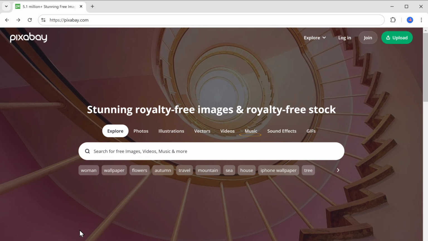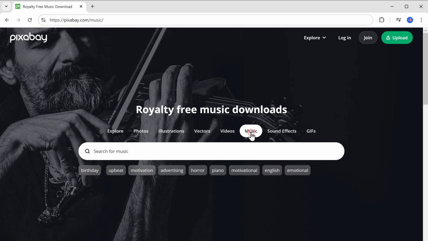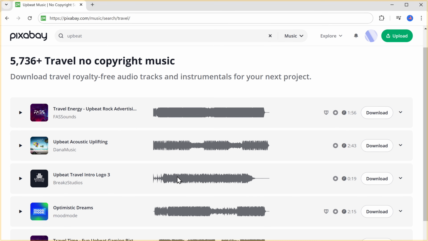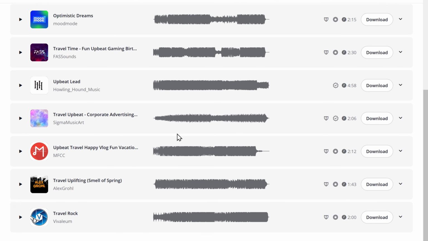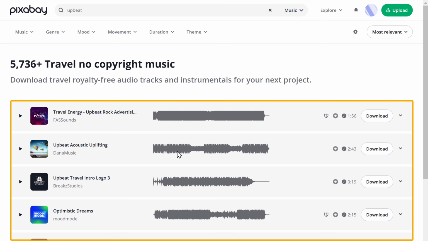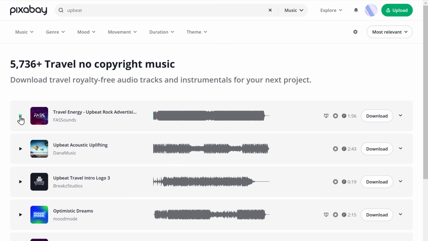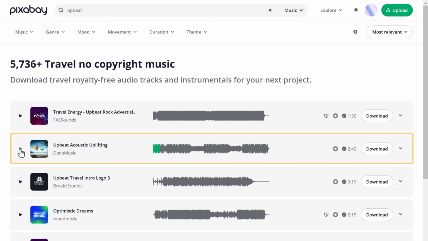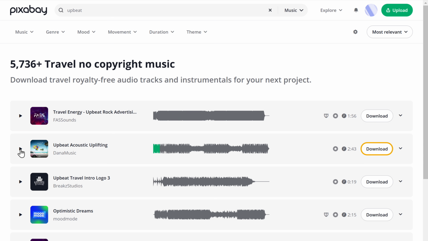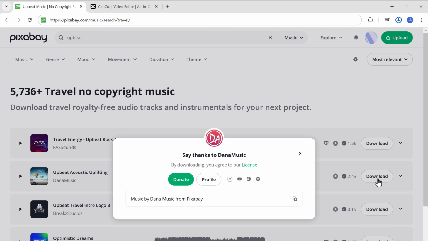So once you go there, go to the music section and search for a track. I'm going to enter travel. Now you'll see a variety of music options. So just play a few and find out which one you like. I like this one, so let's download it by clicking on download and the music will be saved to our